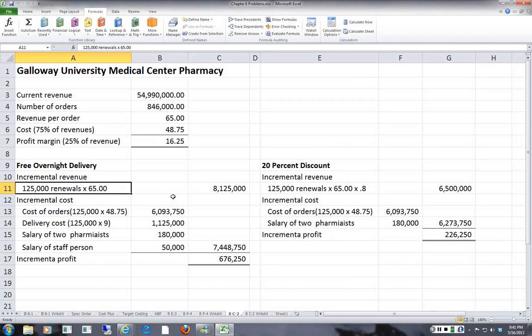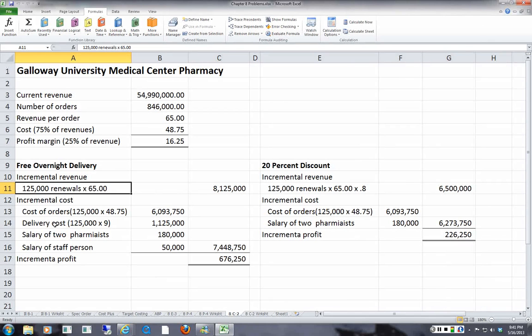The incremental cost of the orders is 125,000 times the $48.75. So the incremental cost of orders for that is $6,093,750. Then you have to deliver it, and so the delivery cost is 125,000 times $9. That $9 was given in the explanation of the problem here. So that's